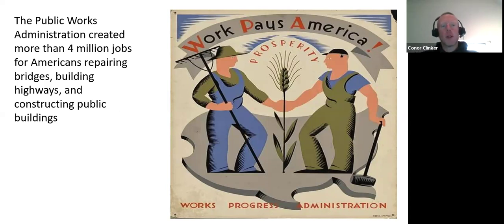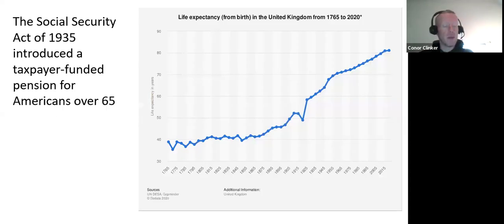So conservative economic theorists don't even like the idea that the government can create a job. They don't think that's the right word, create a job. But in this case, millions and millions of people who lost their jobs in private businesses and factories or whatever else went to work for the government under these programs. And you have to understand, economic theory doesn't matter to someone who can't feed their kids. So these programs were as much about pride and optimism as they were about, does this make economic sense? We'll get back to that in a couple minutes.